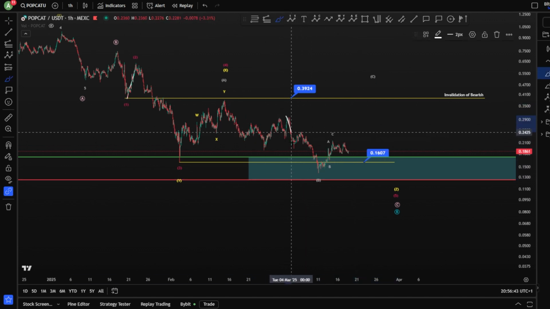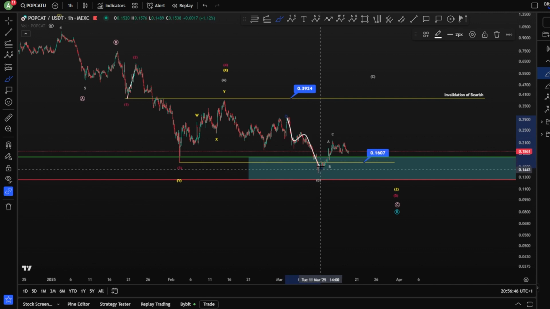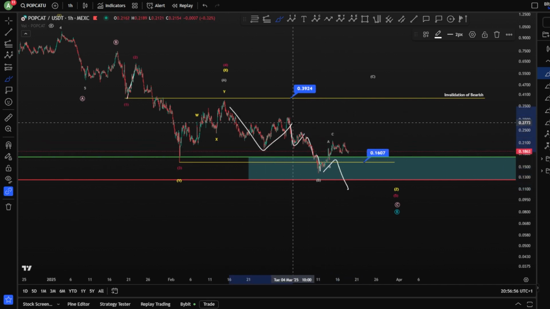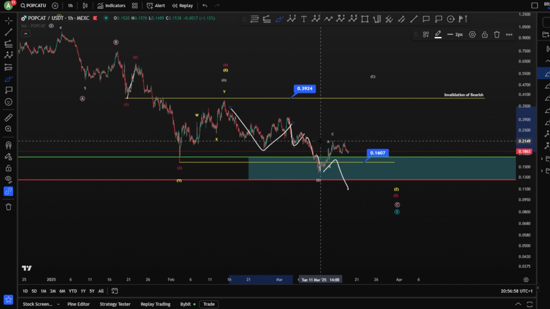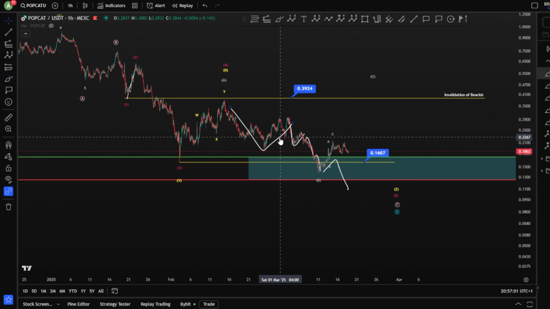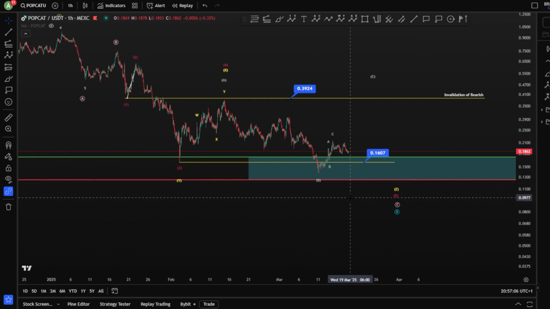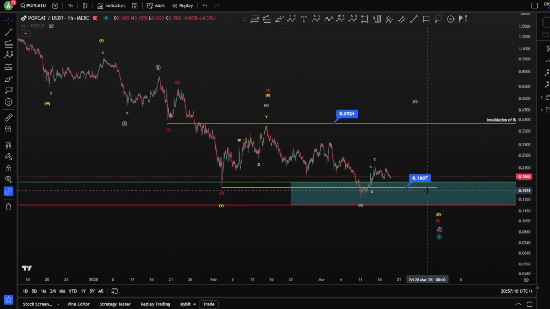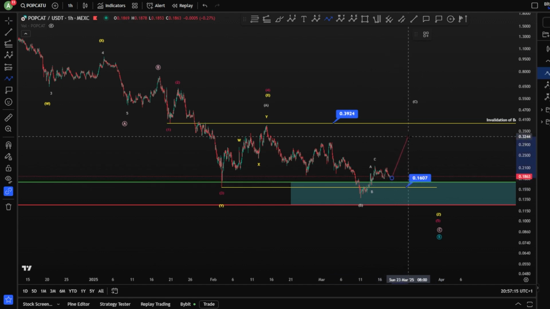especially that here you don't have an impulse. Because this is 1, 2, 3, 4, 5, meaning of course A, B, C finished, you didn't get a 4 and a 5. If we got this, therefore, okay, it tells me even it's double 1, 2, but we got invalidation. Very weird price action, right? But yeah, basically this is the only scenario that I find for Popcat currently, which is the most complex one, which is a wave Z potentially, and this wave Z might be somehow like that, guys, still,